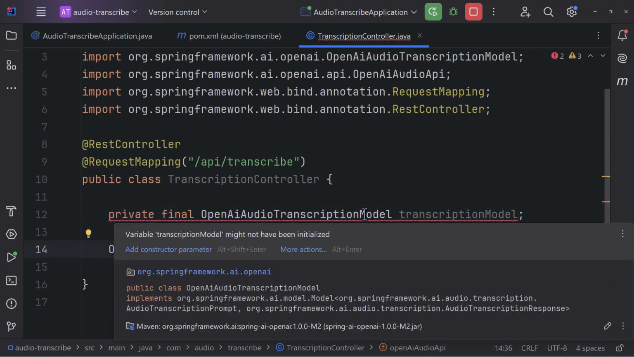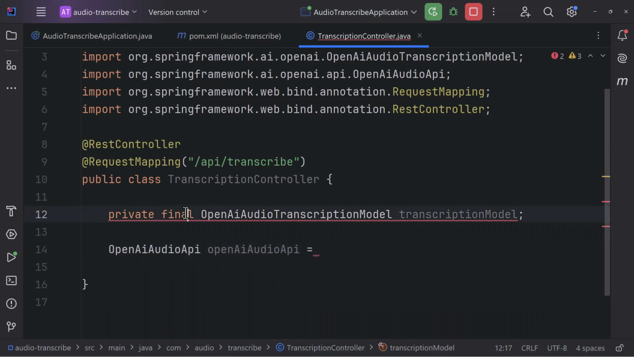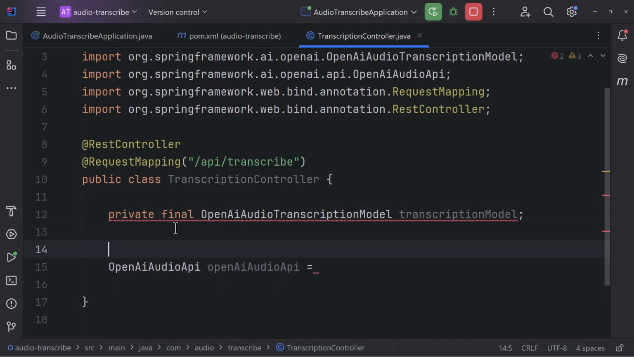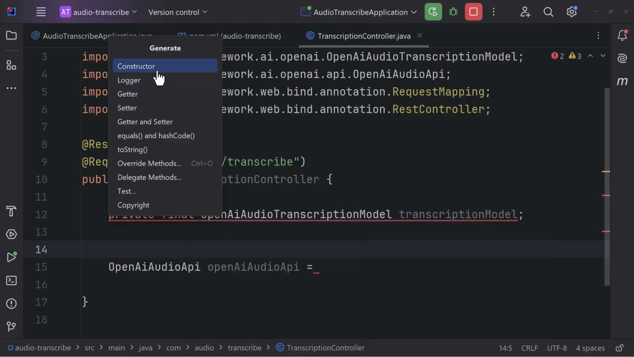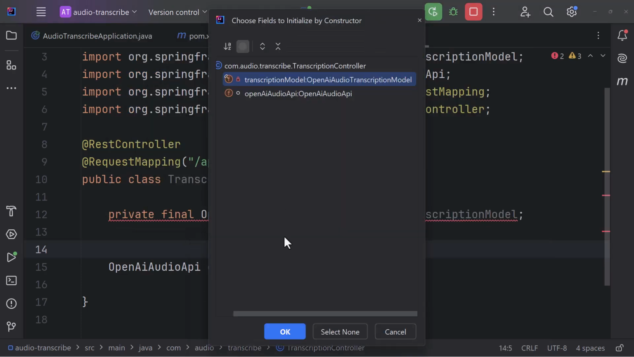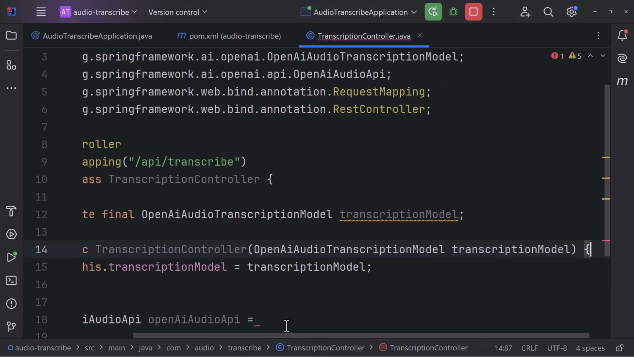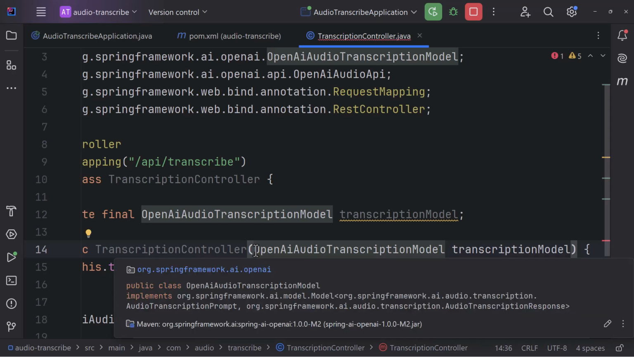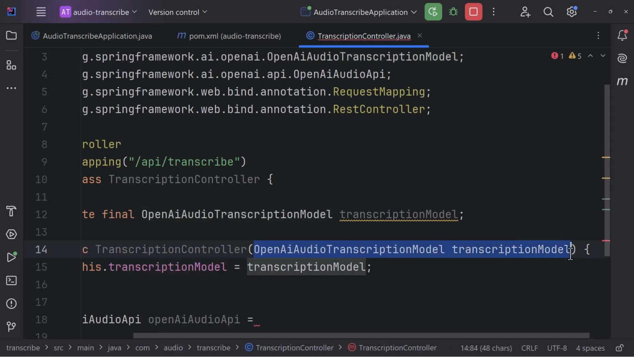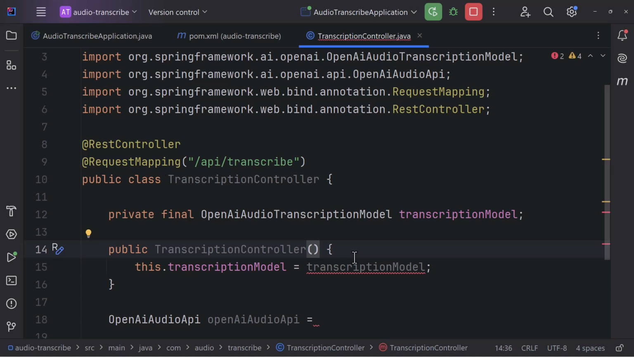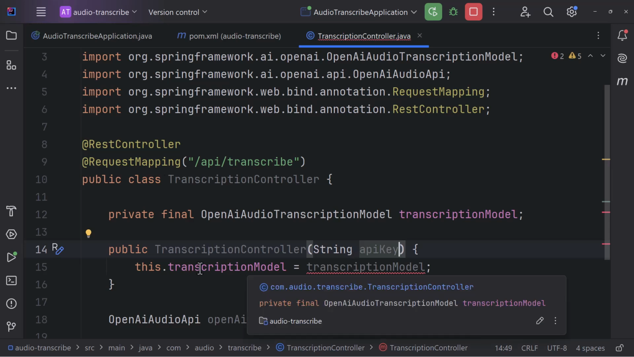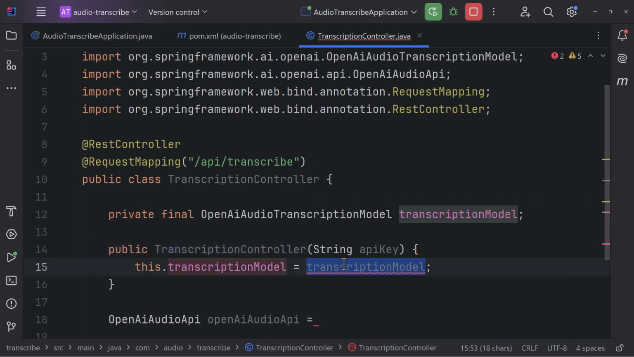I'm getting an error because it's not initialized, which is absolutely okay. Now what I'll do is generate a constructor over here. Here I got a constructor with this parameter. I'll get rid of this parameter and add my own parameter. We need the API key over here. So I'm accepting the API key. Now I'll say this.transcriptionModel is equal to,